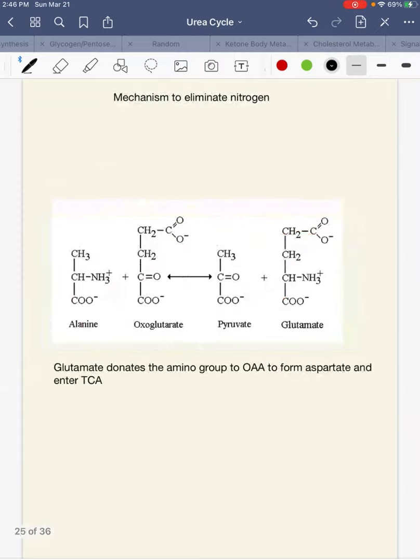Okay, so mechanisms of eliminating nitrogen. So this is alanine, so this is the amino acid. This is alpha-ketoglutarate. This is a transaminase reaction. So alanine is converted to pyruvate, and in that process, it gives this nitrogen group to the alpha-ketoglutarate, which then becomes glutamate. And then glutamate can donate the amino group to oxaloacetate to form aspartate, which then can enter into TCA. So what it's talking about is